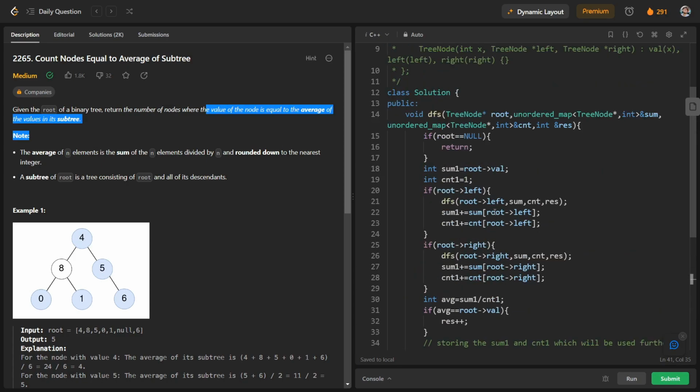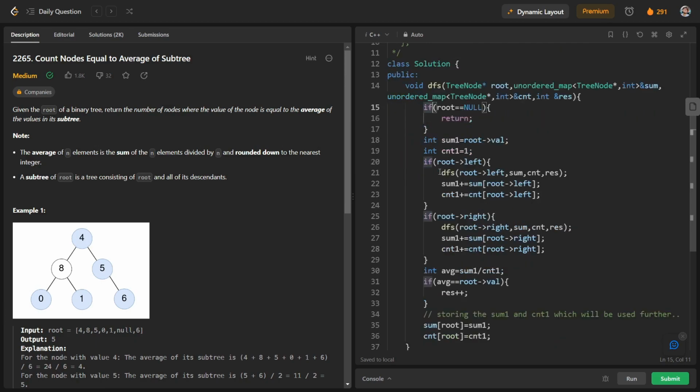Here we have a DFS function, a void function, for traversing over this tree. If root is equal to null, we will return this function. Otherwise we will find sum and count. Sum1 is initially root arrow value, and count will be 1 because we are considering that root.